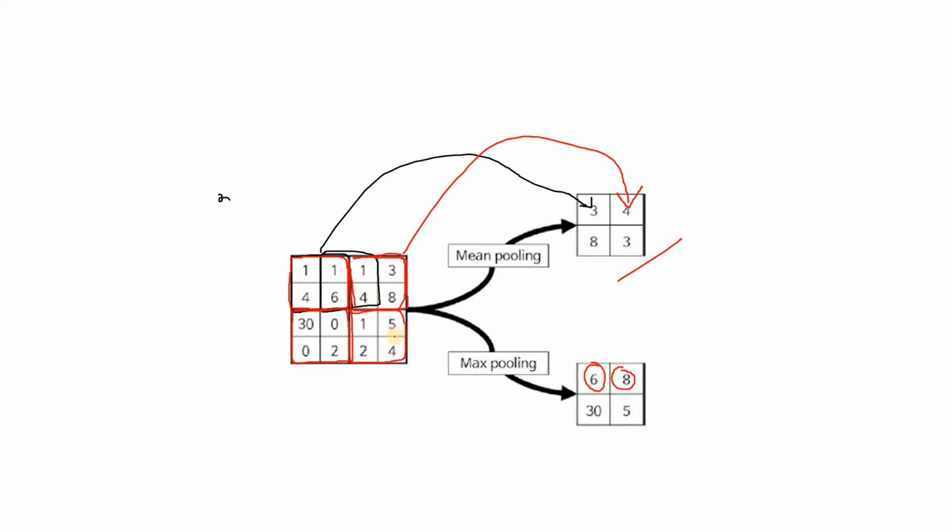Eventually, what is happening using pooling is that we are reducing the size of our image, converting from a higher dimension to a lower dimension, and we are trying to keep the information using some statistics, either the mean or max, or it may be the median, or the minimum of that particular area. And this pooling is obviously done after convolution and activation. So first you do convolution, extract the important information,